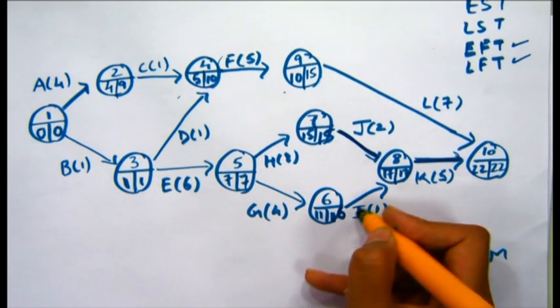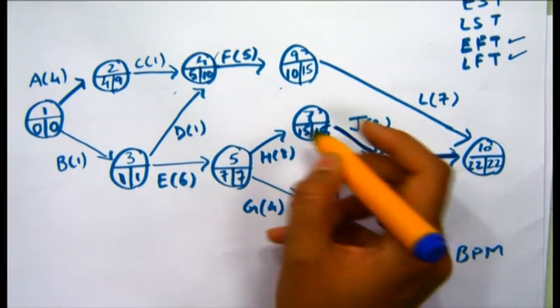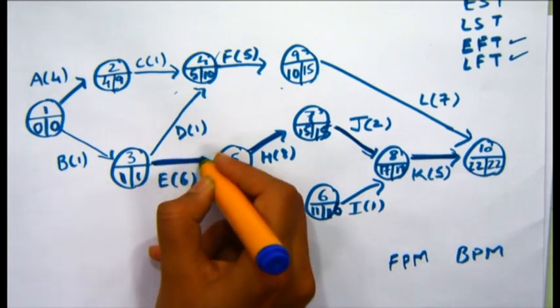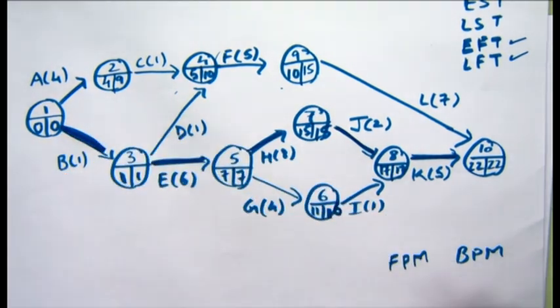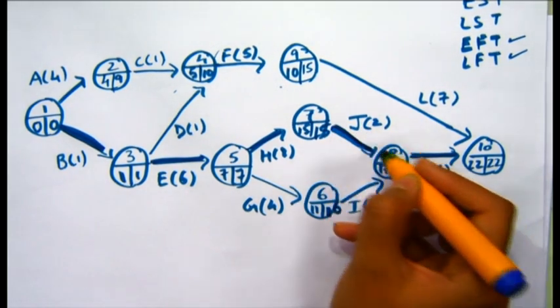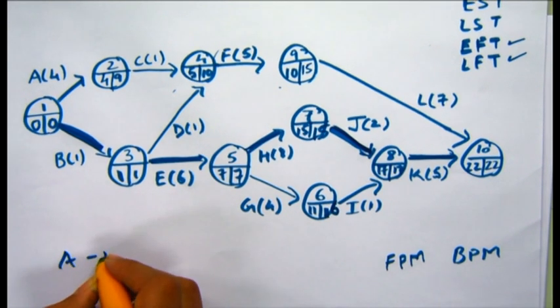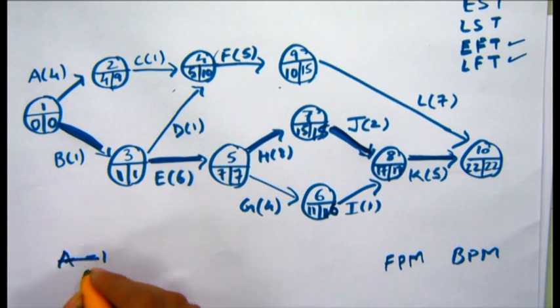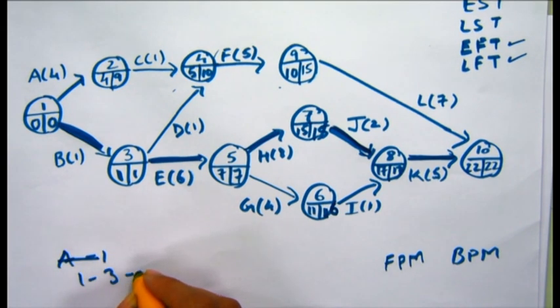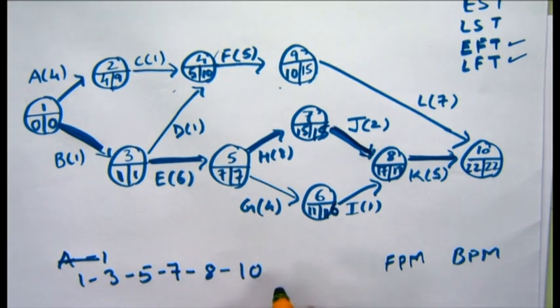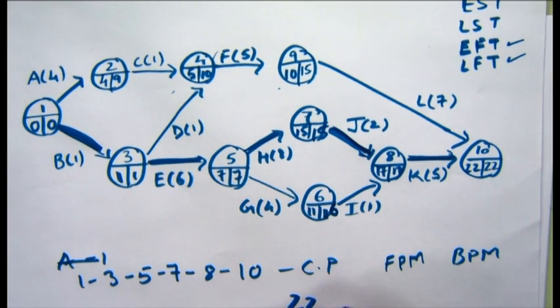This will not have a critical path. Going back, we see that this also will have, because the E and L times are equal, and similarly here and similarly here. So finally we have the critical path for this network, which is 1, 3, 5, 7, 8, 10. This is the critical path for this network diagram, and the duration that this critical path takes is 22 days,